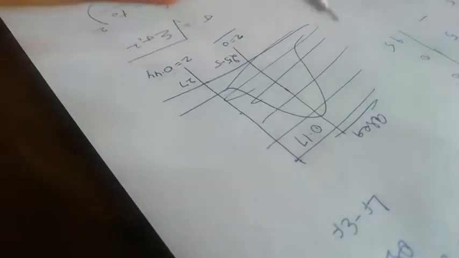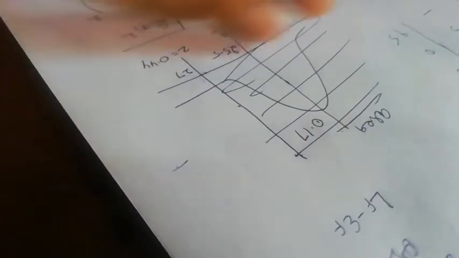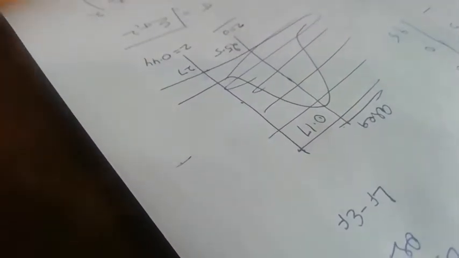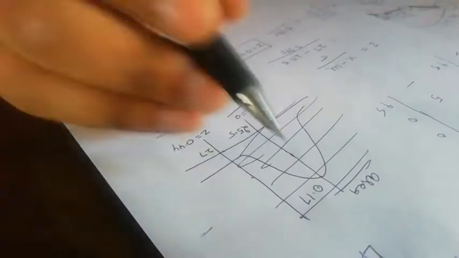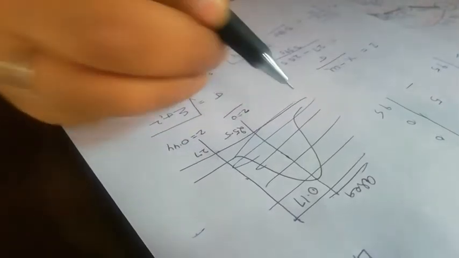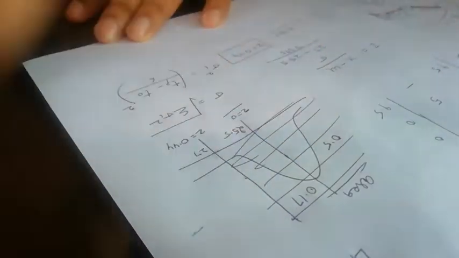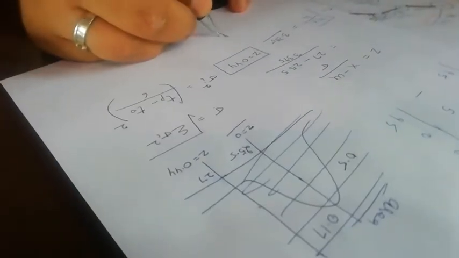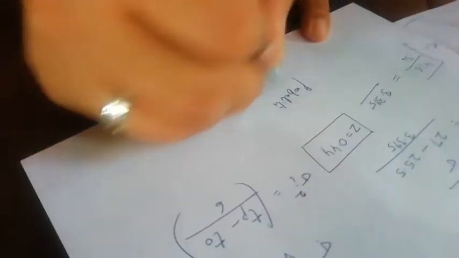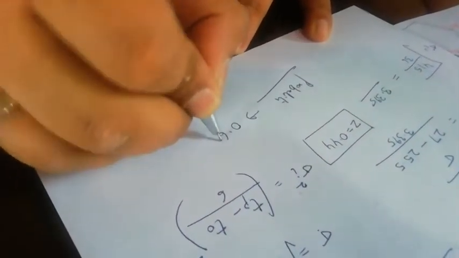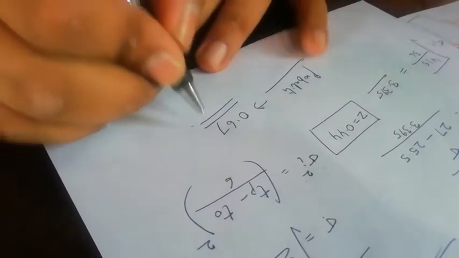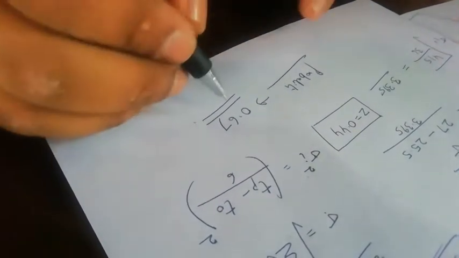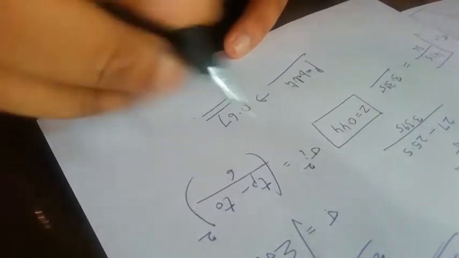So this area becomes 0.17, and we want the probability for 27 and less. This is a symmetrical curve. The complete probability is 1, so it is divided into two parts: 0.5 on this side, 0.5 on that side. So if we want to calculate the complete probability, it becomes 0.5 plus 0.17, which is 0.67. So the net answer is that 67% is the chance that the project will be completed by 27 days.